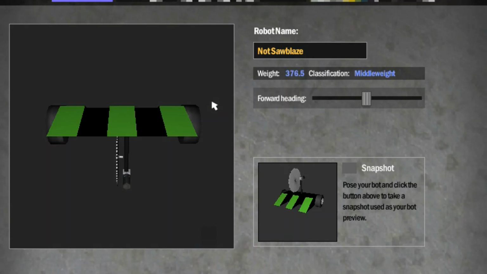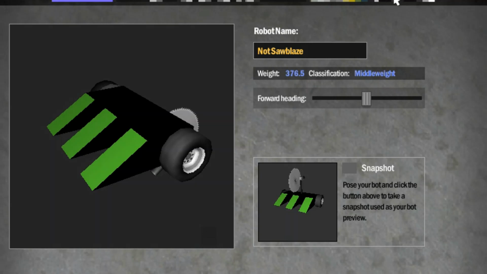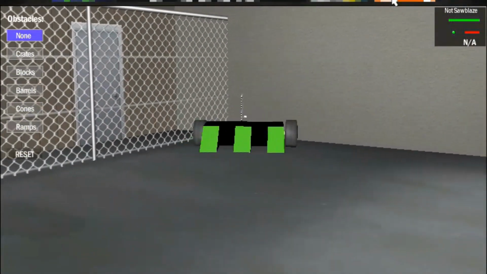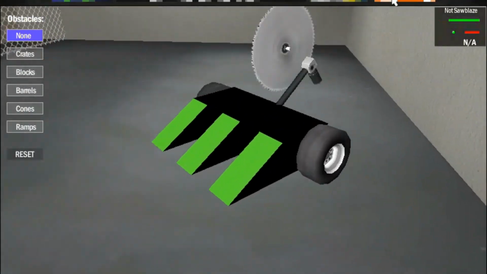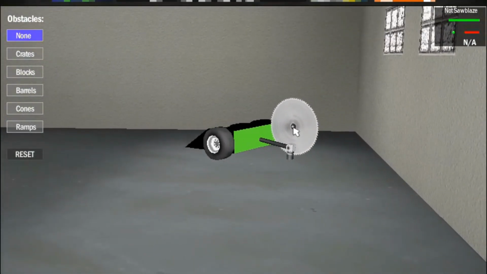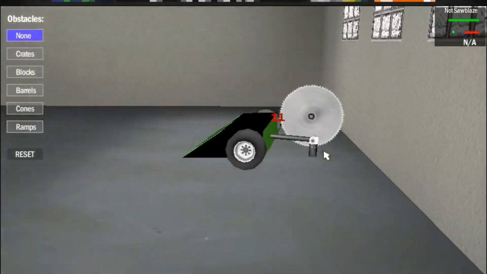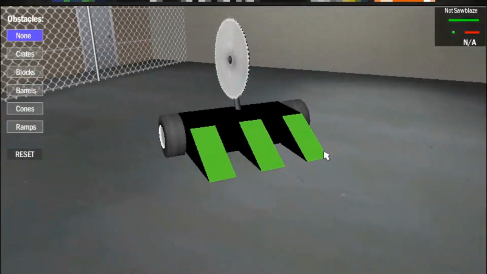Let's start with the first one I have. Okay, this is not Sawbot. Now keep in mind, guys, this is all in stock Robot Arena 2, without any modifications, so this bot is extremely basic, and it has a very slow, painfully slow-moving saw on it. And the game is glitched, so for some reason my saw is actually not attached to the motor. I have no idea why that is. That is a glitch. And also the motor keeps on just implanting itself in the ground, which is weird, but...